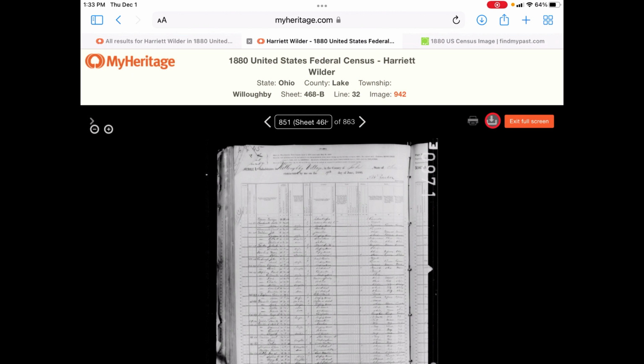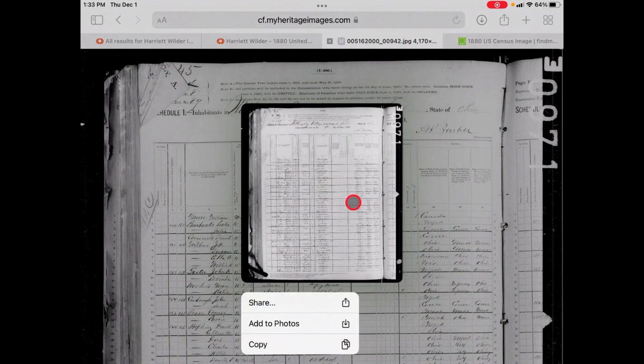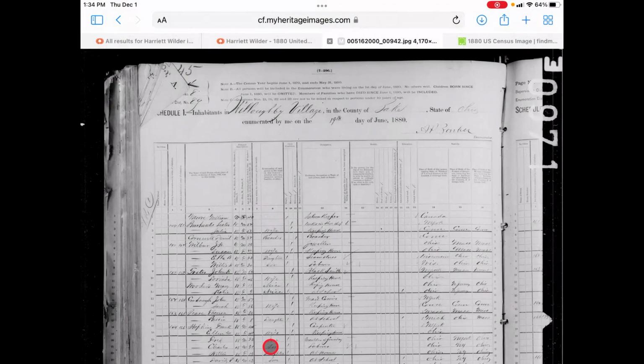When you click it, it doesn't actually do the download. It opens up and brings the image up into a full screen mode. What you do is you just click the image and hold your button, and then you get these options. Now, on my old iPad, share doesn't work, and I can't save the files directly. At least on mine, and maybe it'll work on your iPad, but I have to do copy,